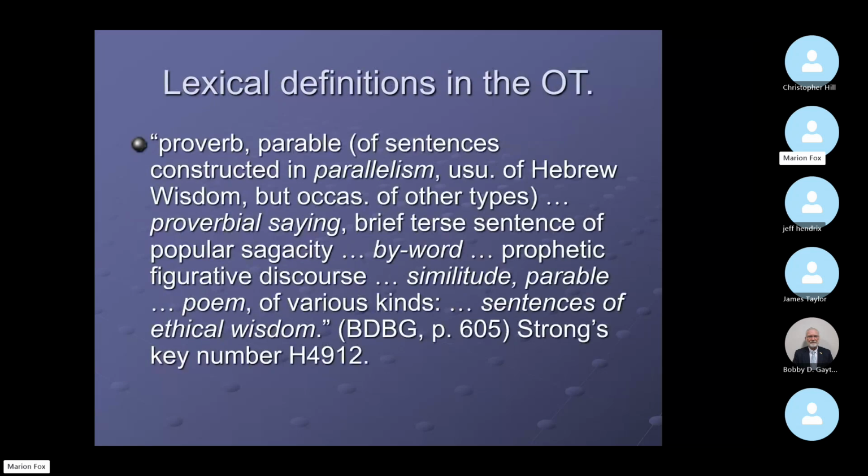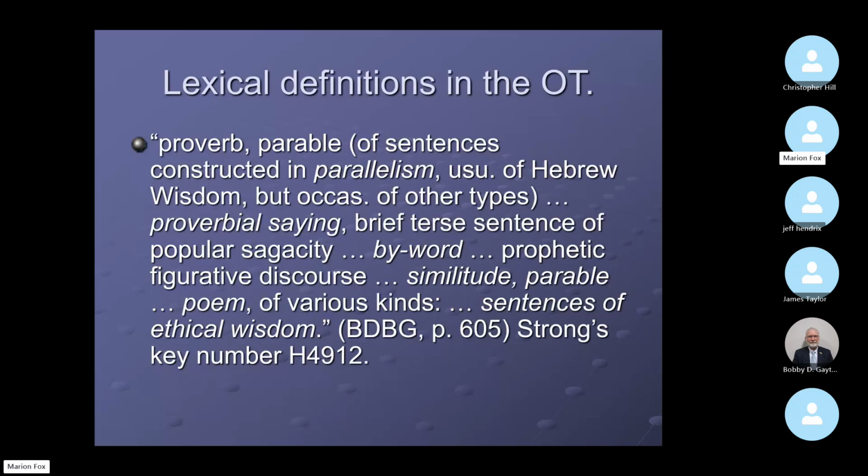When we look at them, it's also Brown Driver Briggs Eusebius is that this is in the Hebrew Old Testament. It's a proverb or a parable of sentences constructed in parallelism. So it kind of fits with our parallelism, the two lessons that we had on it. Usually of Hebrew wisdom, that would be the books like,